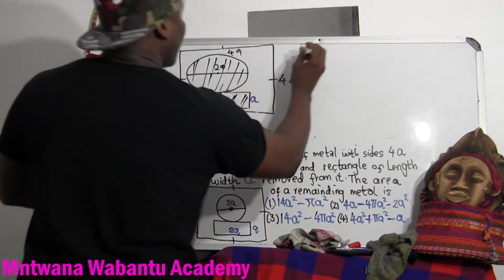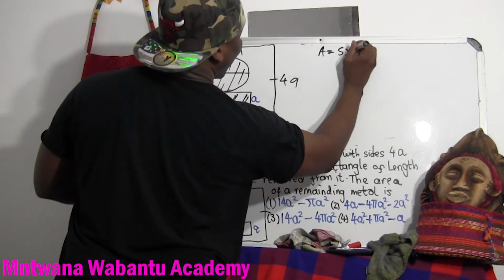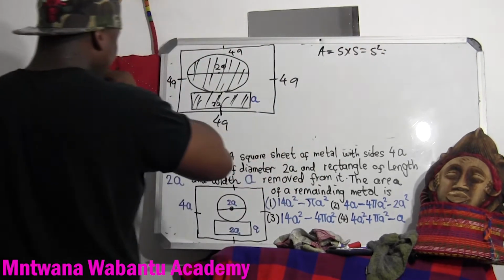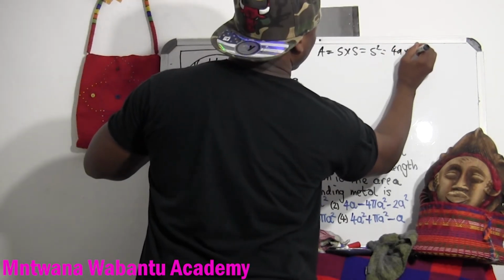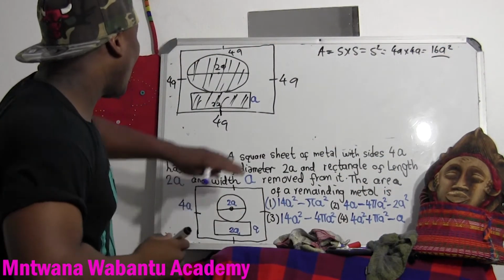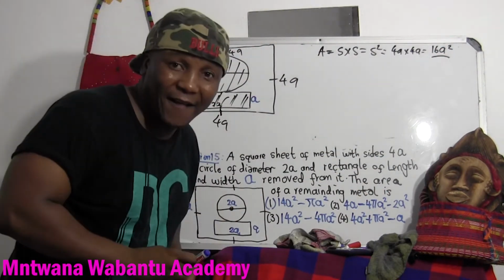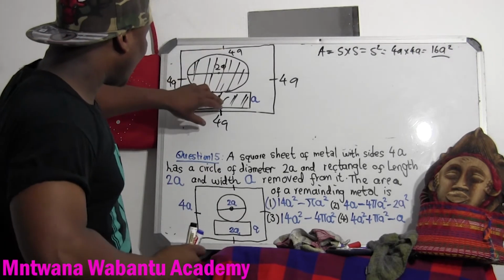So the area of the whole shape, which is a square, means side times side, or side squared. The area of the whole square is 4a times 4a, which gives us 16a squared. So 16a squared means the area of the whole square. Now we have to find the area of the circle and the area of the rectangle, and then add them